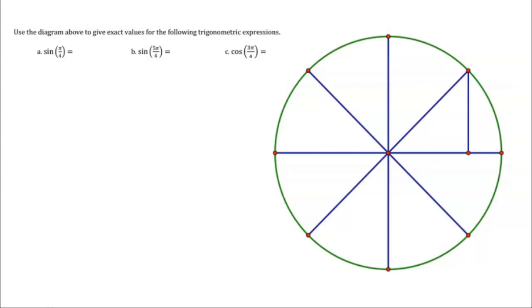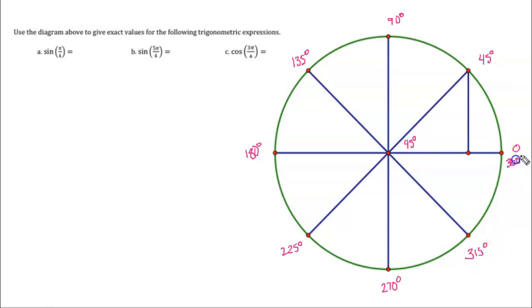If you recall from our lesson the other day, if we have 8 spokes, then we're dealing with 360 divided by 8, which we determined was 45 degrees. So if this is 45 degrees, each one of these will be 45 degrees more. So that would make this 90, 135, 180, 225, 270, 315,